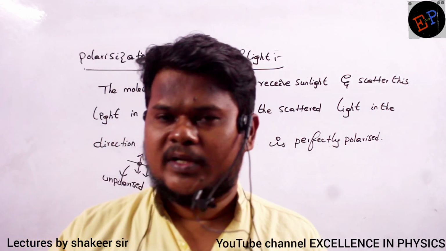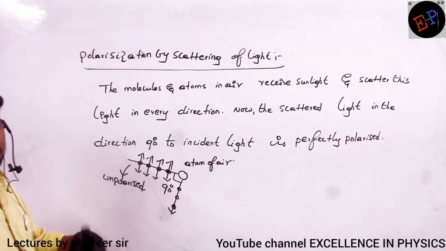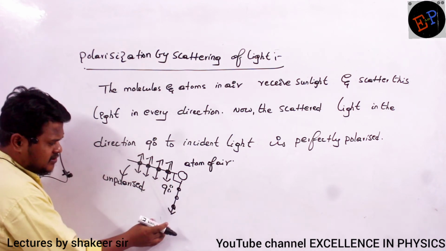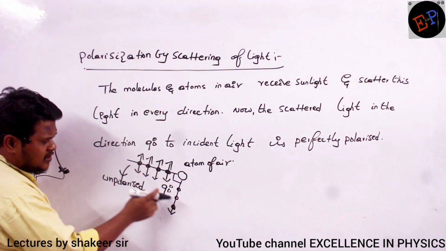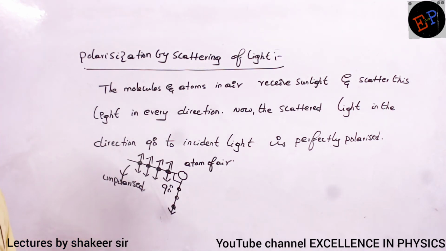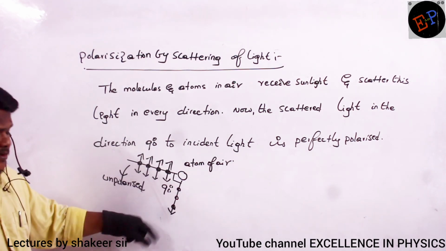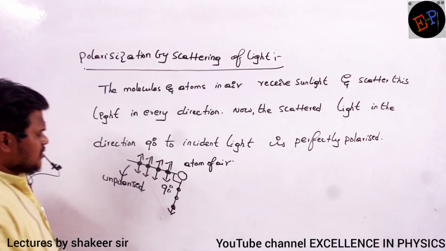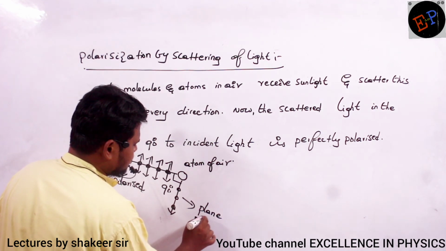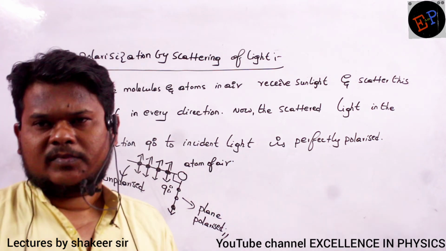They take all the colors and send only blue outside. And they give light in which direction? Every direction. But if you take that light which is making exactly 90 degrees with that of incident light direction, then that ray of light will be exactly 100% polarized. Among all the light rays, the one light ray which is making an angle of 90 degrees will be 100% polarized. So this ray of light is plane polarized.